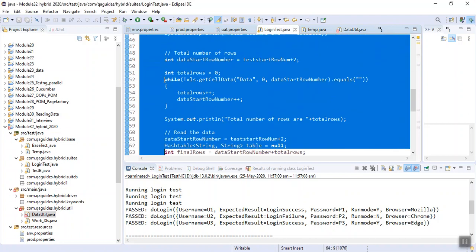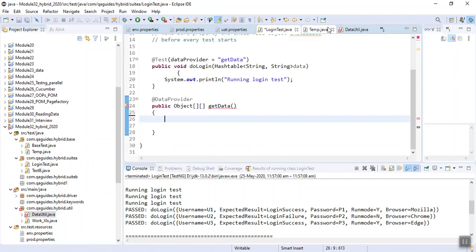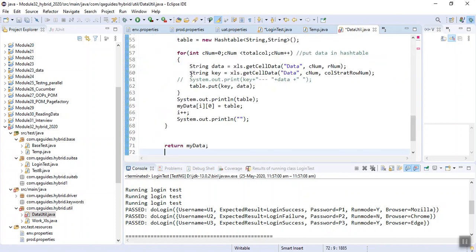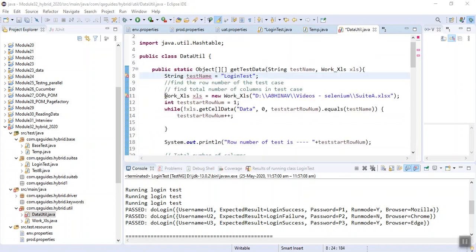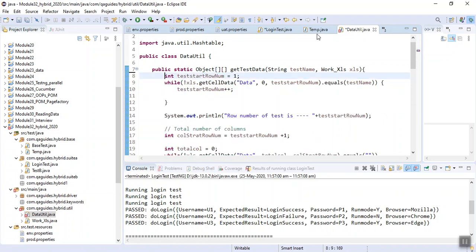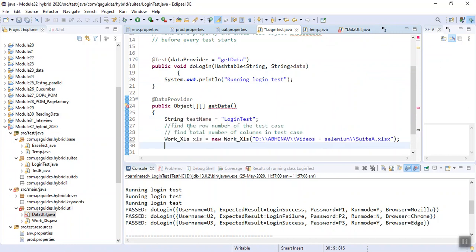Okay. To return data, I will cut it from here, and I will paste it here. Okay, let's save it. Don't cut these two lines, that is string name and XLS reader. I am putting them back in my login test because they will come from here. Okay, just a second.